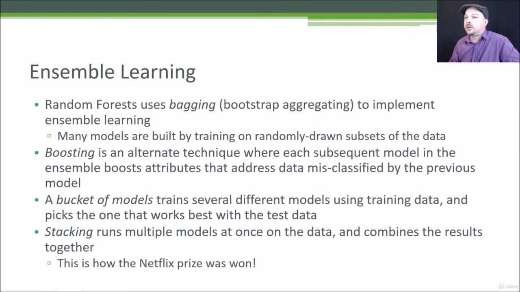Stacking, same idea. So, you run multiple models on the data, combine the results together somehow. So, the subtle difference there between bucket of models and stacking. Bucket of models, you basically pick the model that wins. So you run train tests, you find the model that works best for your data, and you use that model. Whereas stacking will combine the results of all of those models together to arrive at a final result.